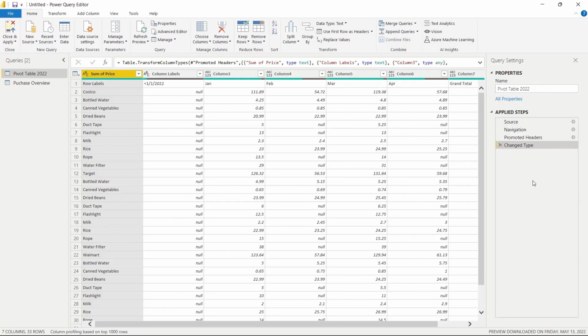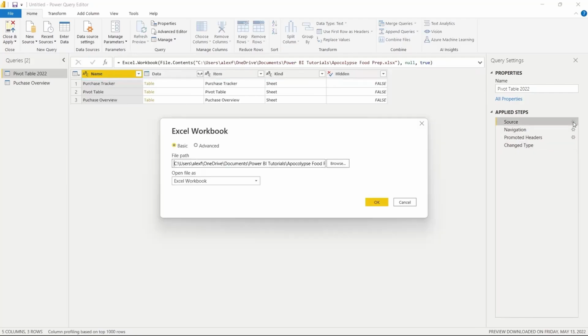So when we loaded the data into Power BI, it did a few things for us. It chose the source, the navigation, and it promoted the headers. And then it also changed the data type. So if we want to check, we can actually see those things or change those things, like this source right here. We can click on this little icon, and it's going to bring up the actual path where we got